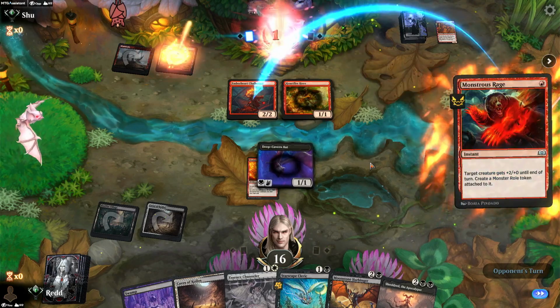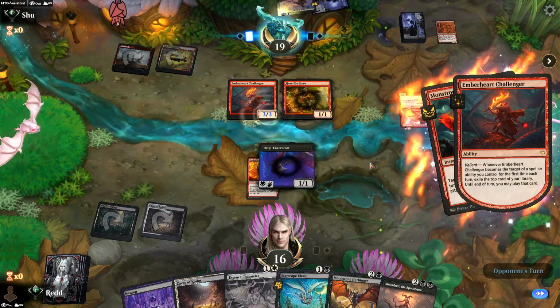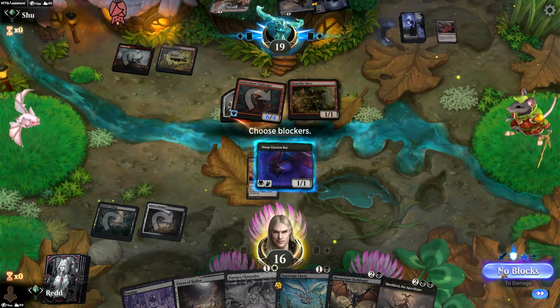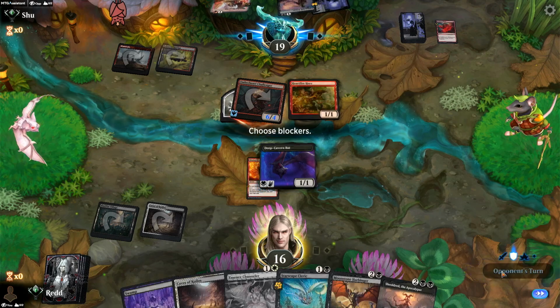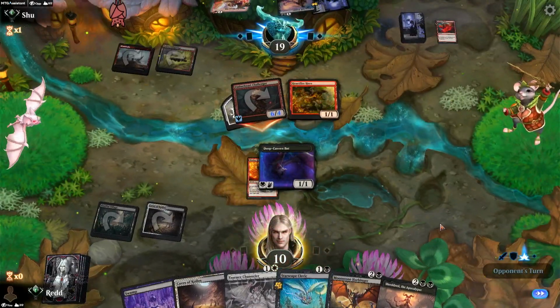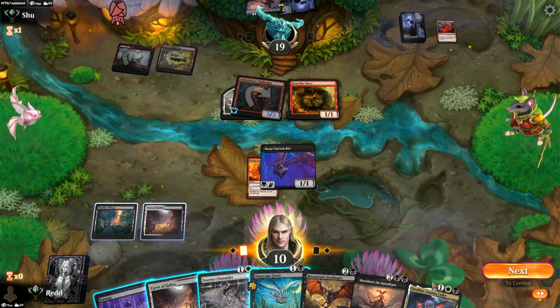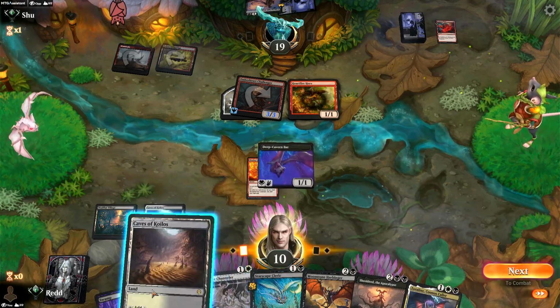They go for the Heartfire Hero. They do go for the Monstrous Rage. Swinging for 6, and we want to keep the Deep-Cavern Bat around for now. Already down to 10, and it is our turn 3. That is a terrific draw. Holy cow. The question here is...